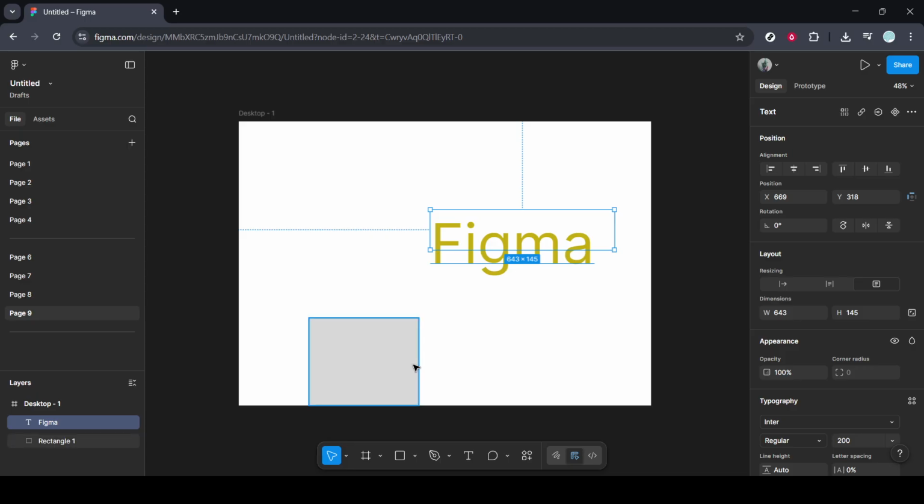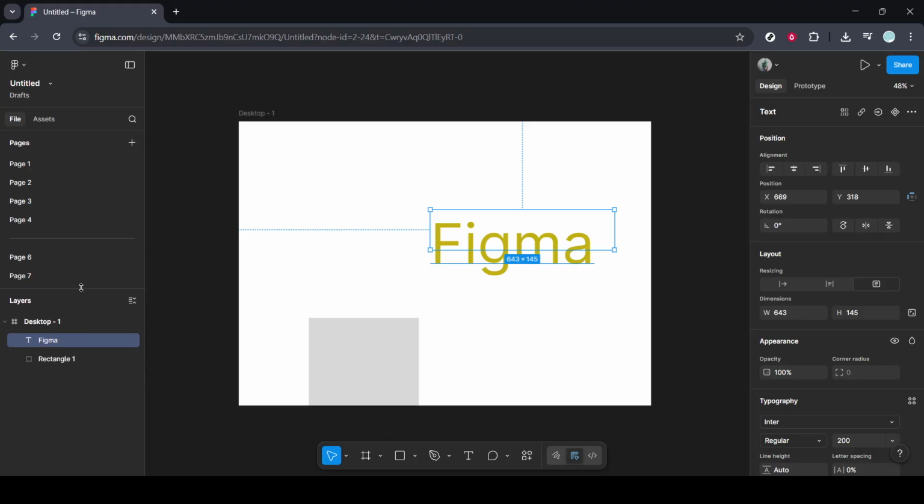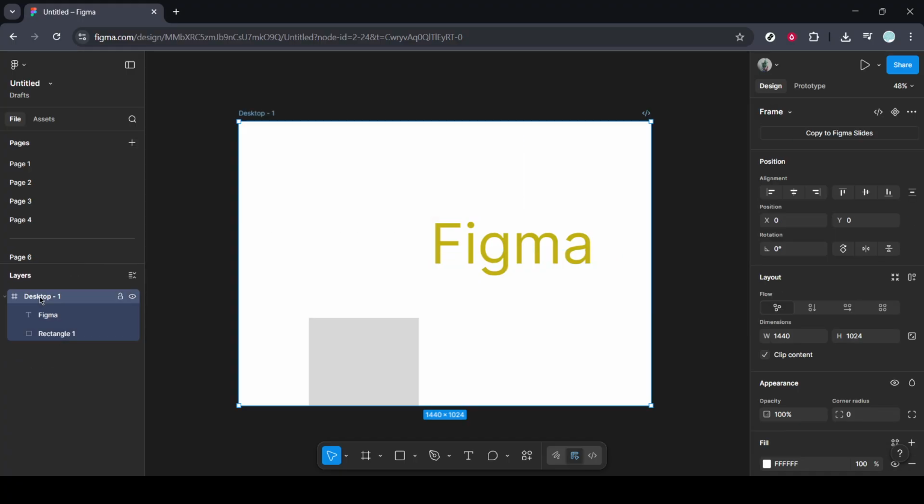To begin this process, the first thing you'll need to do is locate and select the specific frame you wish to modify. You can do this by clicking directly on the frame's border in your canvas. Alternatively, if your design is complex or you have many overlapping elements, you can easily find and select it within the Layers panel on the left side of your Figma interface. Once selected, you'll notice a distinct blue outline appearing around the frame, indicating that it's now active and ready for